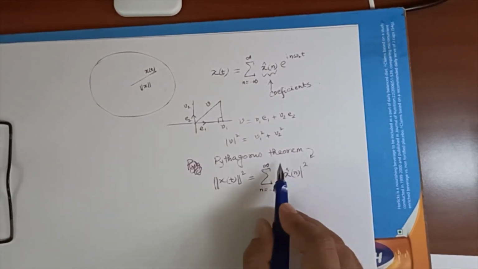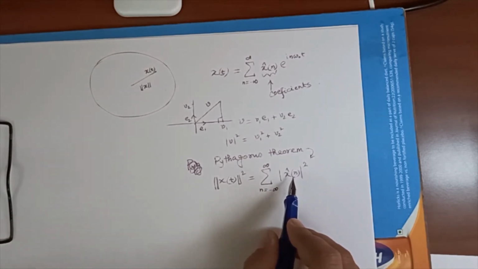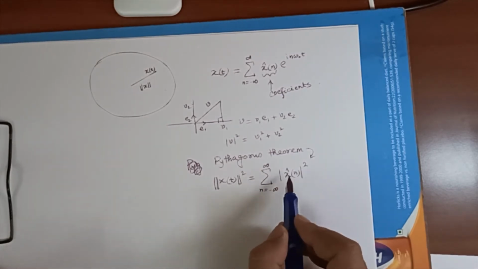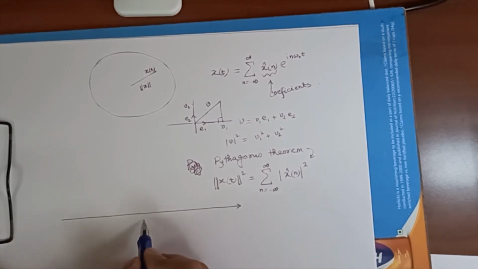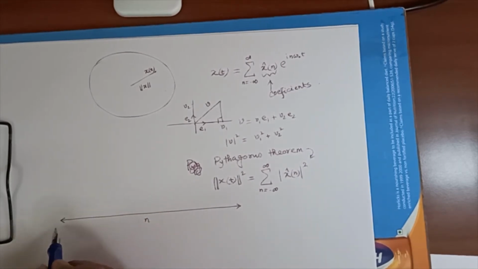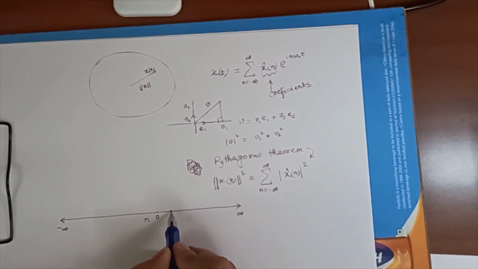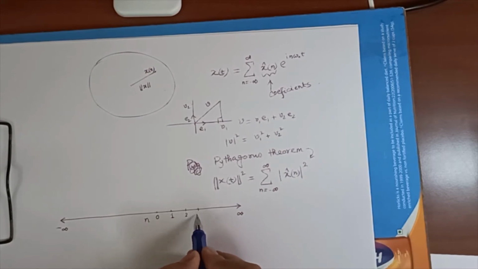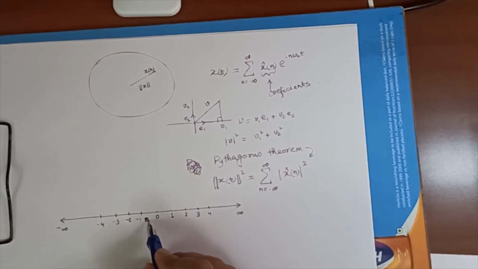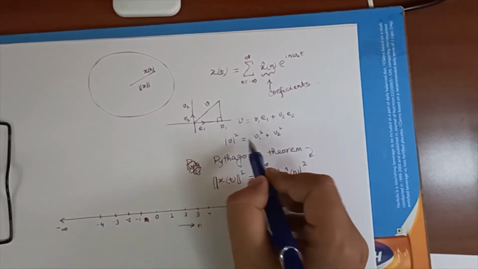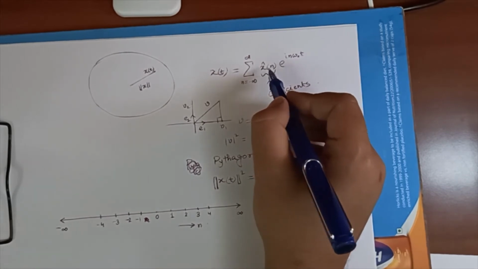Let us observe what this is. The coefficients are basically a sequence, so let us visually represent the sequence over n. Suppose I am writing n on the real line, starting from minus infinity to infinity. n are the integers, so they take only integer values, not every value. They are countable. Minus 1, minus 2, minus 3. And at every instance of n, x hat n assumes some complex number.